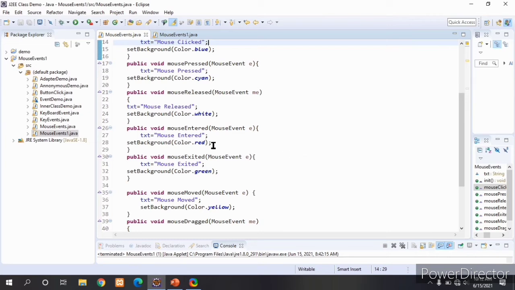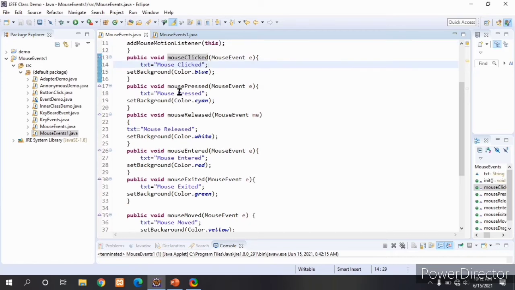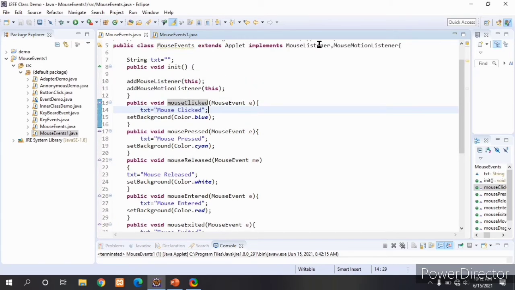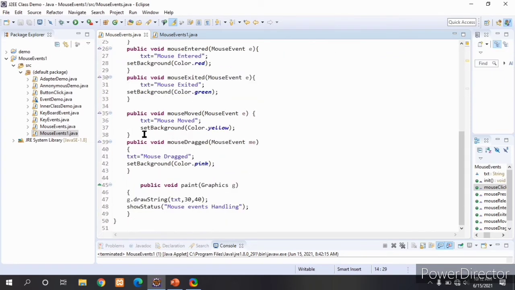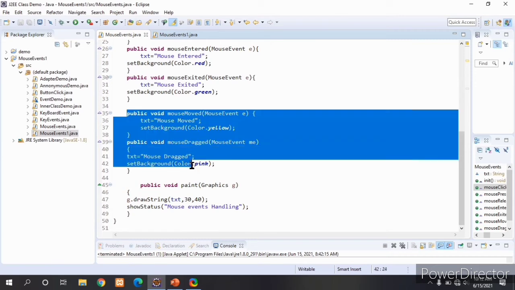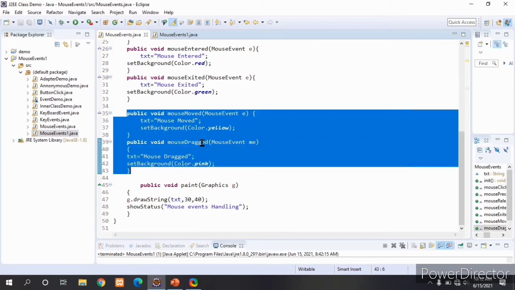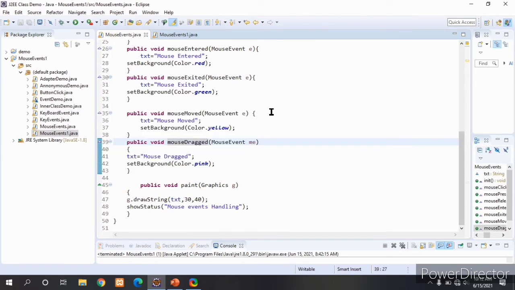Till now we have seen the methods which are defined within the mouse listener interface. Next, two methods are defined in the mouse motion listener interface.